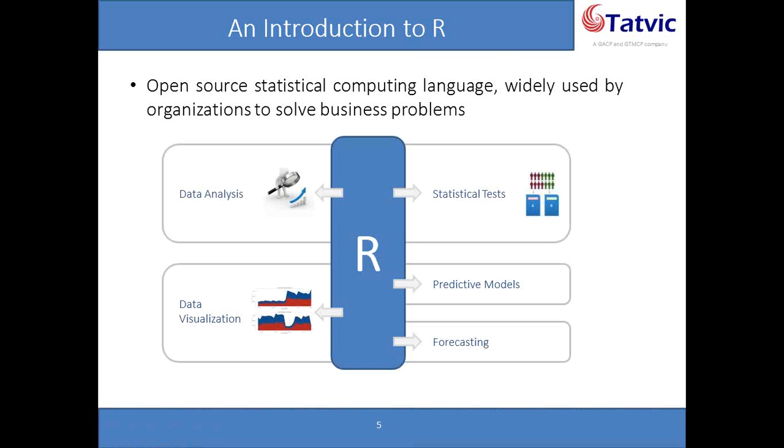In terms of applications of R, there are a variety of activities that you can do with it. You can carry out data analysis using R, like basic slicing and dicing, which you may be doing using segments in Google Analytics or any other method. You can do the same thing in R. You can also do statistical validation, which is, in other words, called hypothesis testing.